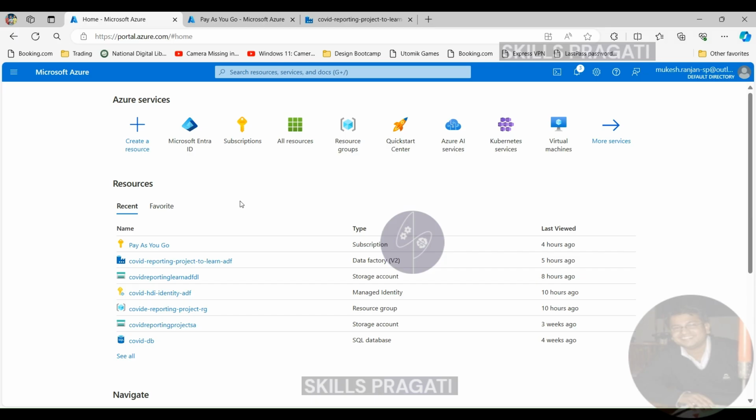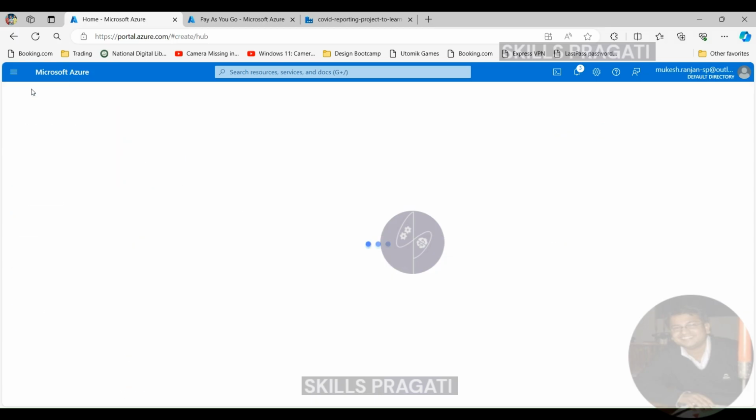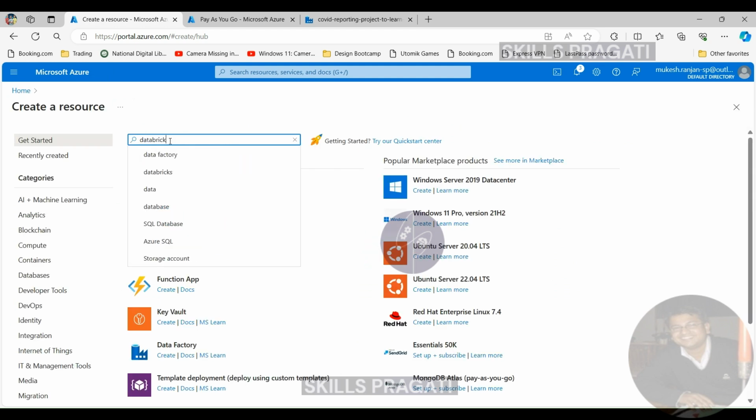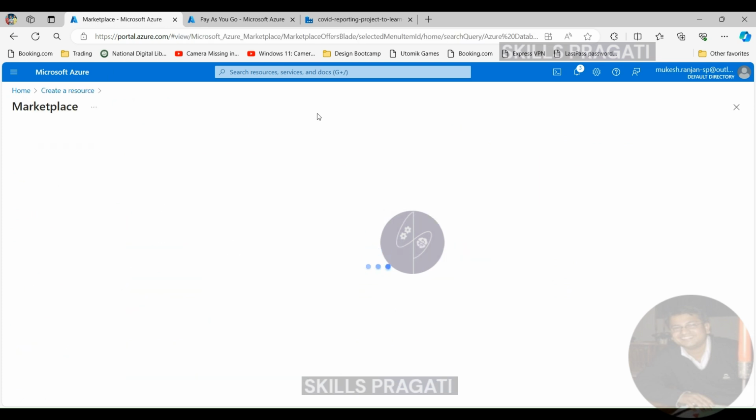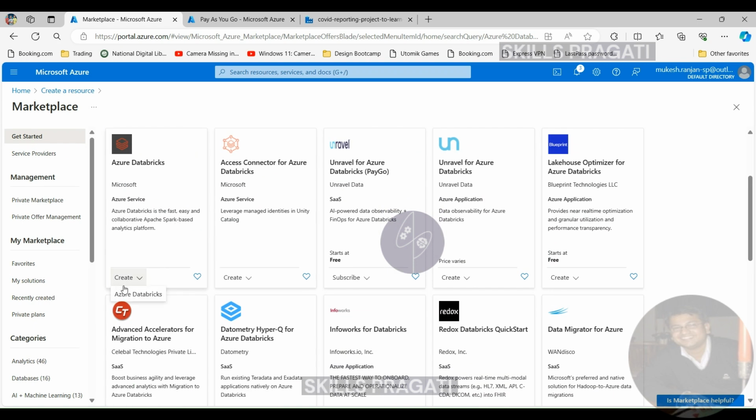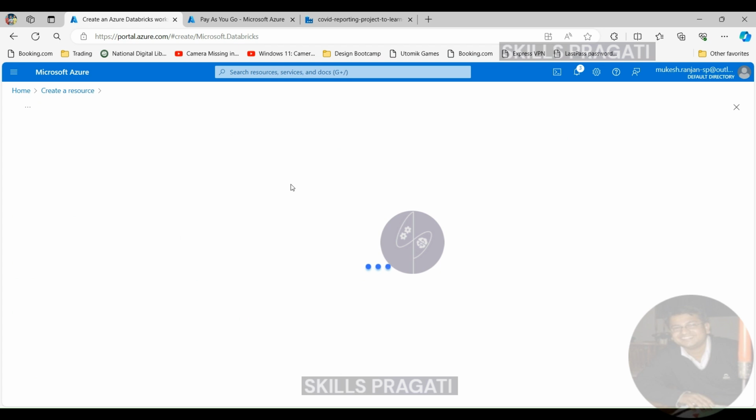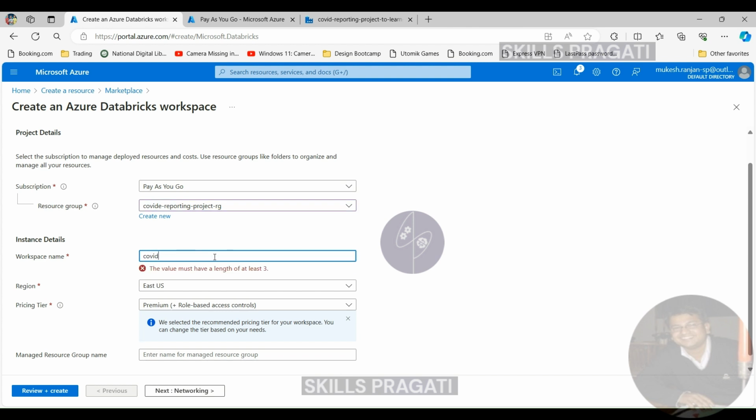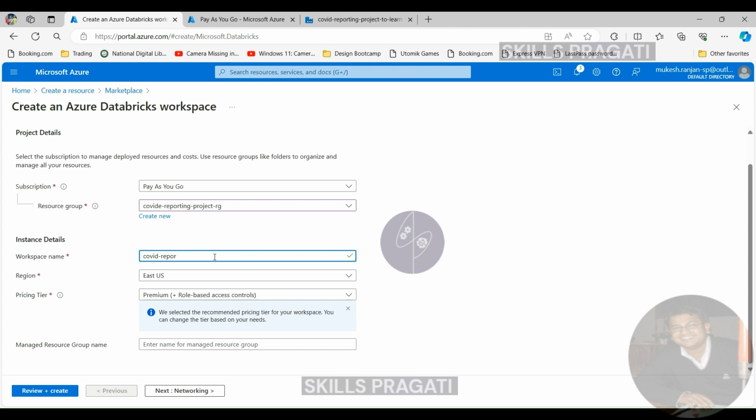Okay, we are back in our Azure portal and come out to the top left and click Create a Resource. And now search for Databricks. And click on that Azure Databricks. And click Create. Keep your subscription, which we want. I've got the pay-as-you-go subscription and pick your resource group. As we said before, I'm going to put everything into COVID Reporting Project RG and give a name for your workspace. I'm going to call mine COVID Reporting Databricks to learn ADF